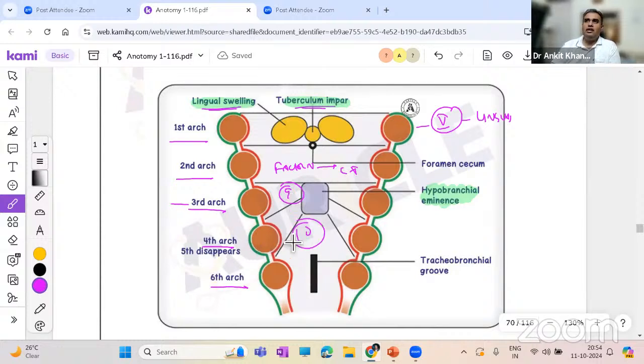So now I'm not teaching you the gross anatomy of tongue, but remember all of this. If you understood the embryology, you understood 50% of gross anatomy. Why? Because in the gross anatomy of tongue, a very, very important part is the nerve supply